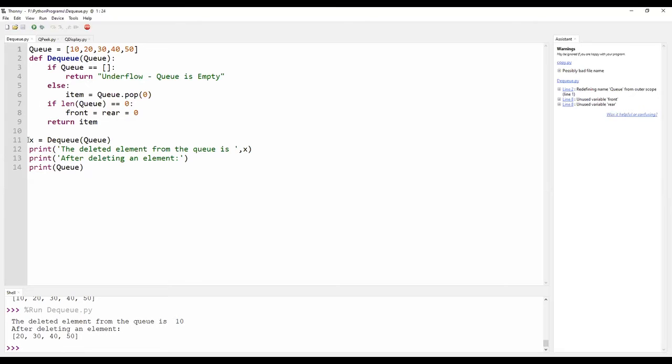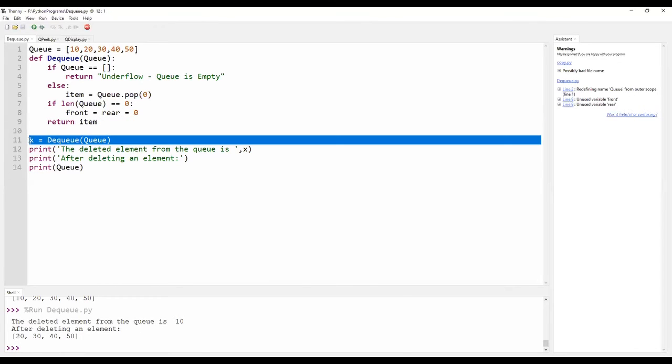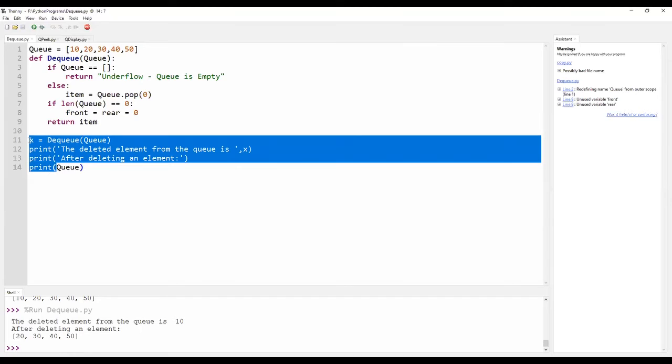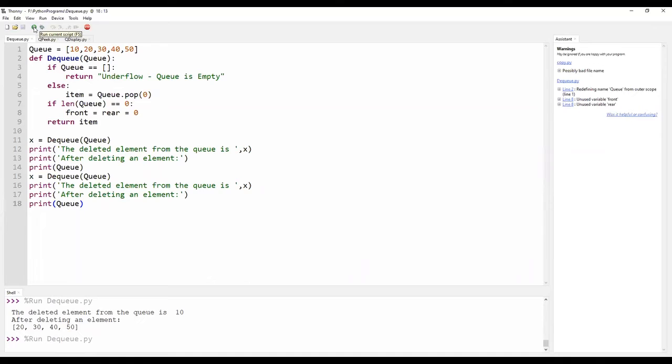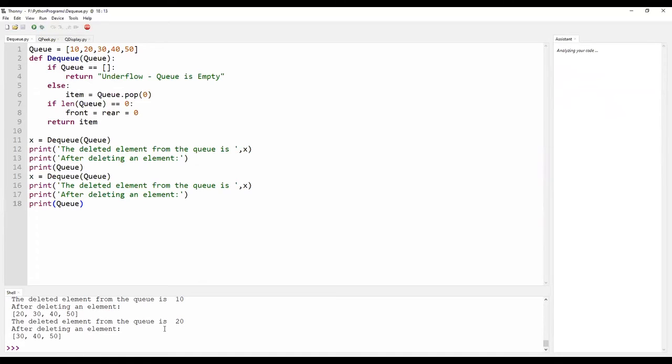When I try to call the delete function or the dq function another time, now you can see that the second element, namely 20, is being removed and you have only 3 more elements in the queue. Now front points towards 30, whereas rear is pointing to the element 50.